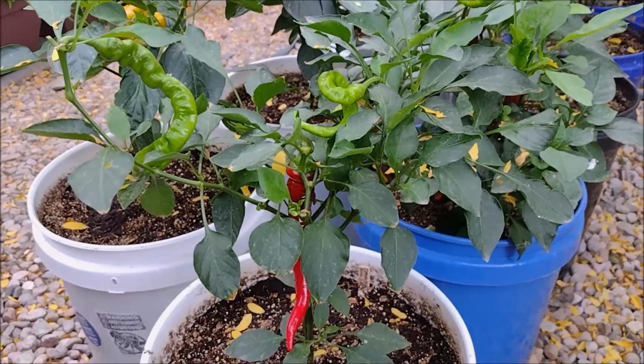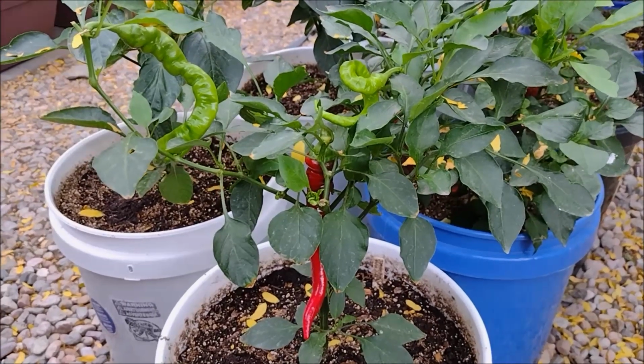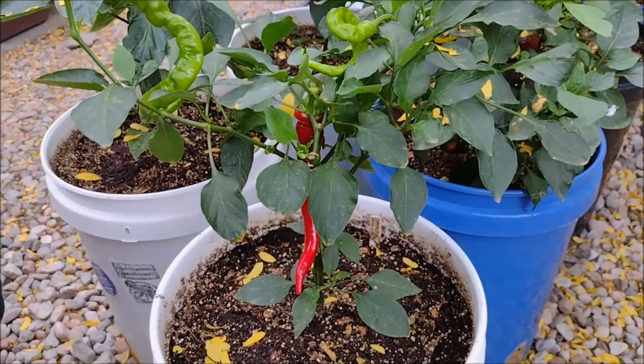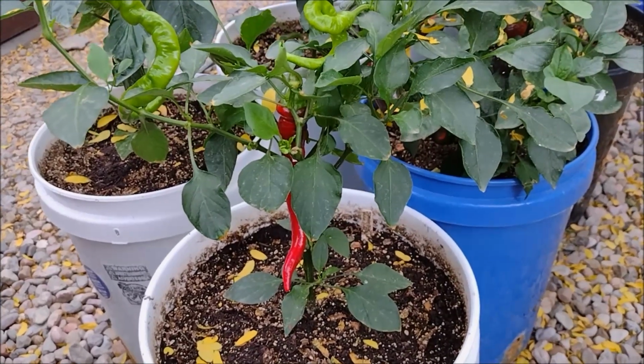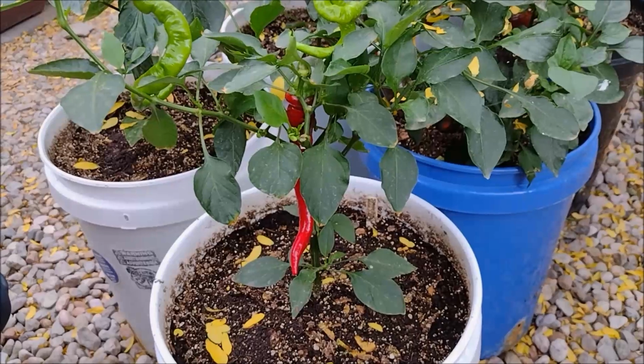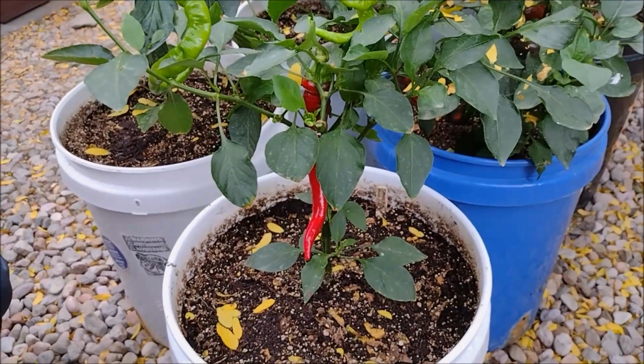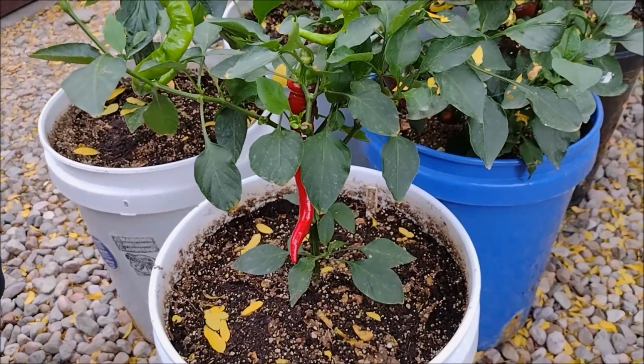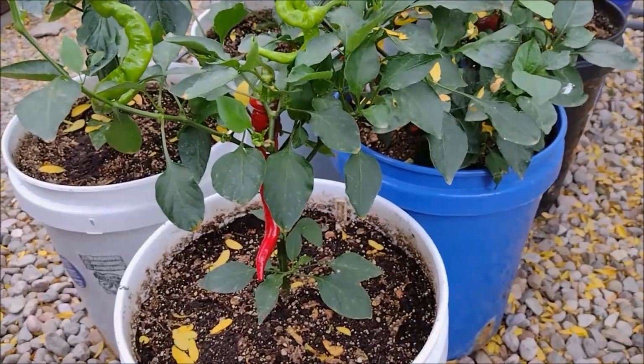It was introduced to the United States by two pepper growers in 1887, it says. So this is definitely an heirloom. It's a sweet no-heat pepper, and it was actually named after their son. They named the pepper after their son, and then it was brought to the United States, like I was saying,